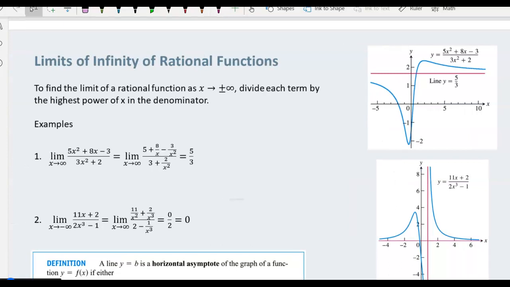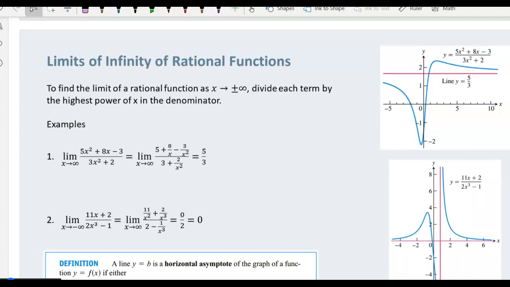To see that mathematically, over here in example number 1, what we're going to do is divide every single term by the highest degree of the variable. In this case, that's x squared. So I started with this first term and divided it by x squared to get 5. And then I divided this term by x squared to get 8/x, and so forth. I divide every single term in the rational expression by x squared, and I end up with this second